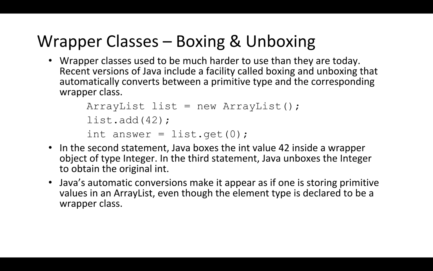This is not something that's super important, especially in an Intro to Java class, but I wanted you guys to be aware of this concept. Wrapper classes used to be much harder to use than they are today. Recent versions of Java include this procedure of boxing and unboxing that automatically converts between a primitive data type and the corresponding wrapper class. So if an array list is made up of integers and you say int answer is equal to an integer object,